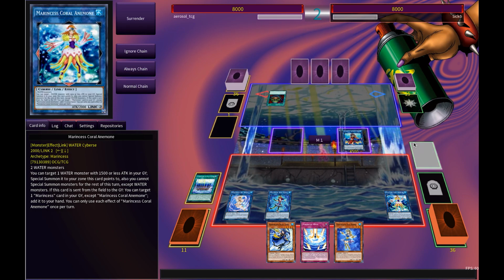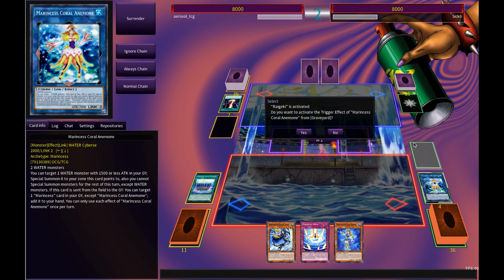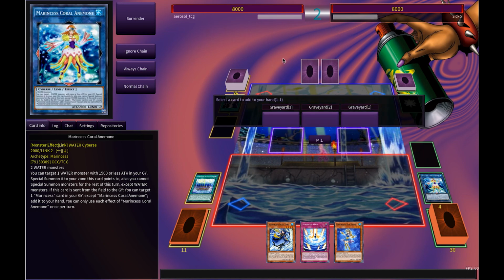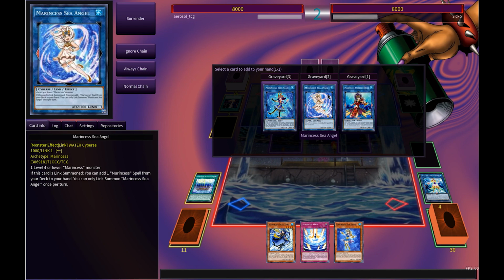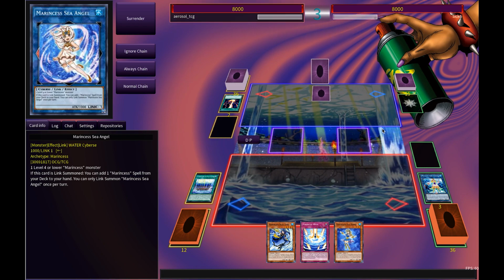In the first scenario, our opponent is able to clear Marbled Rock. Here she just got absolutely slaughtered by Raigeki, but do not fear, even with Marbled Rock off the field, we can still OTK next turn. But first of all, we want to use Anemone to recycle Sea Angel, because we need Sea Angel for the